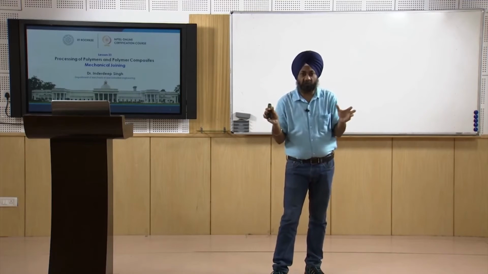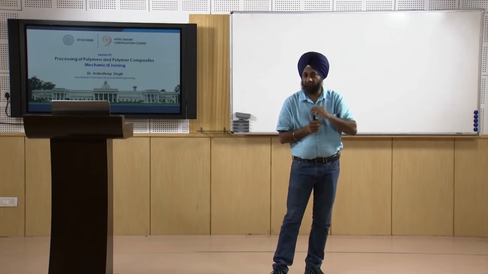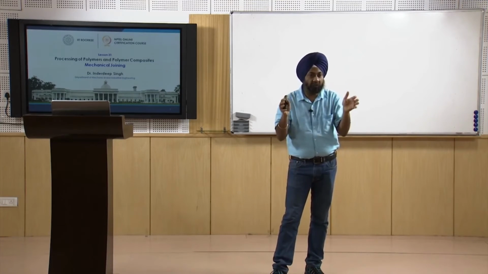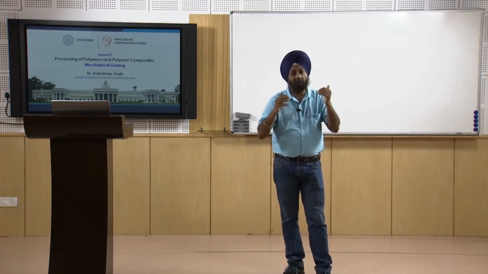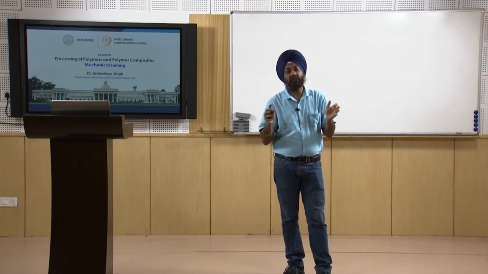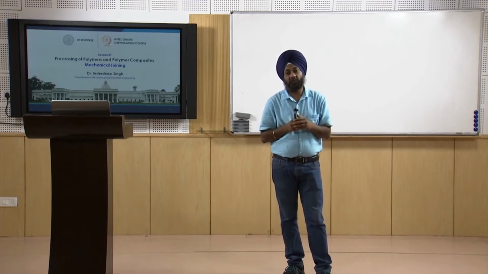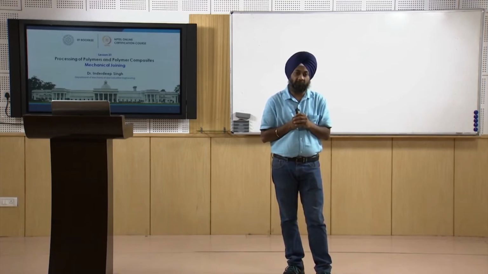So you make the parts separately using different processes, and then you combine them together, and this background I have already given in our previous sessions also. So our third phase is now focused on assembly operations, joining operations, and then we will see how we can machine the parts in order to make them ready for assembly. So the third phase is focusing on the secondary processing techniques or secondary processing methods which are used for polymer composites, and similar methods are used for polymers also.